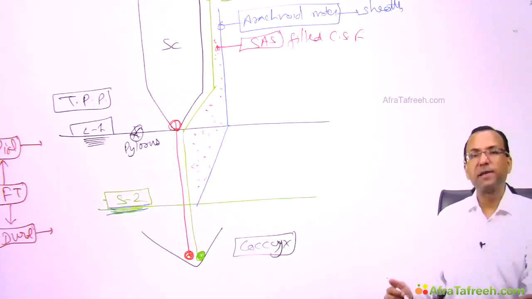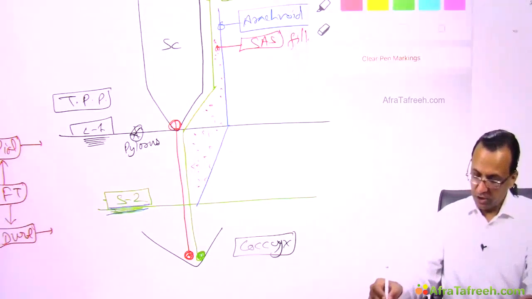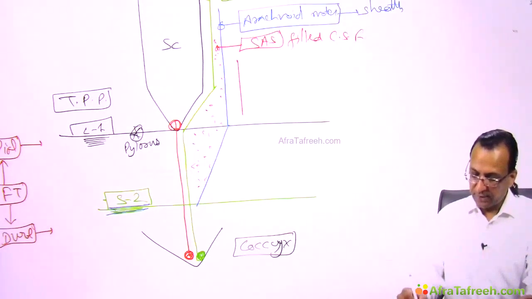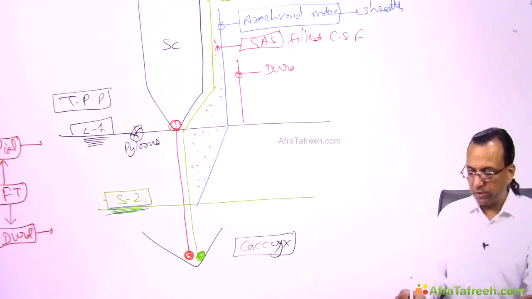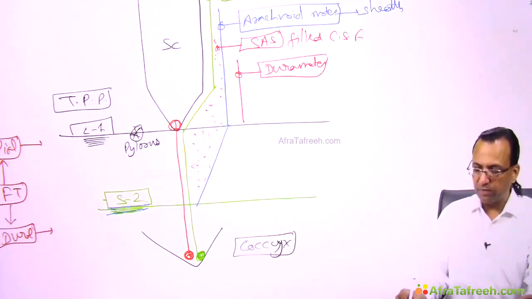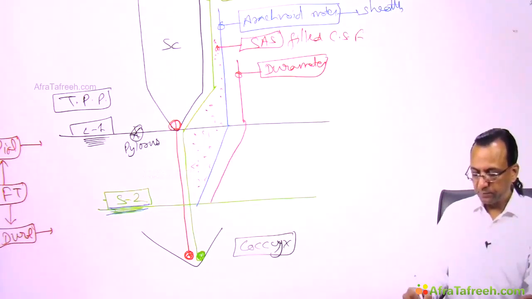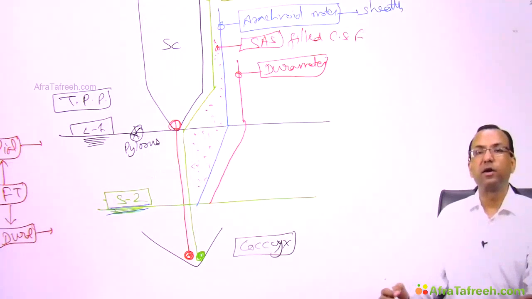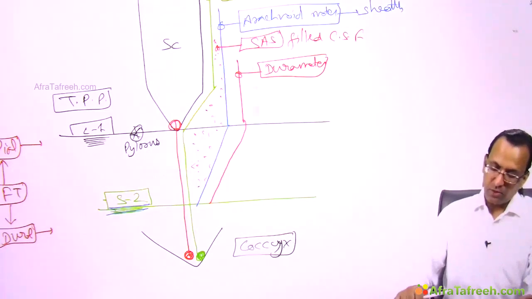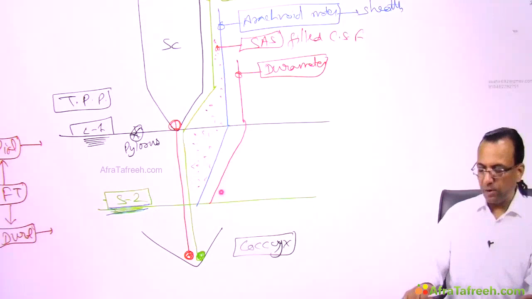Okay, then what is the next meninges? Next meninges is dura mater. If you say next meninges is dura mater, then what is dura mater doing? Dura mater is also converging at the same point. You mean to say S2 vertebra lower border? Yes. Now, as you say, dura mater is also converging at the same point, which is S2